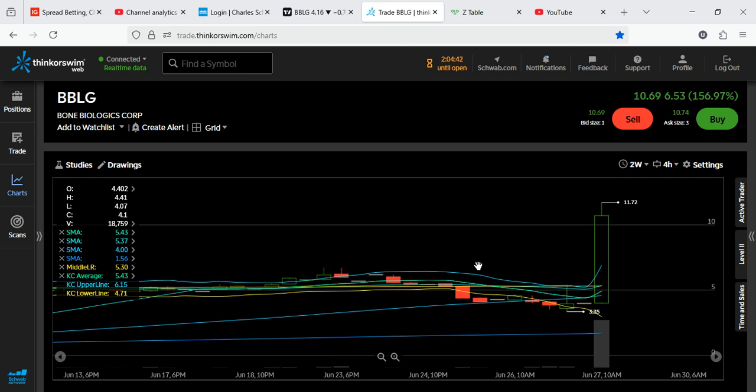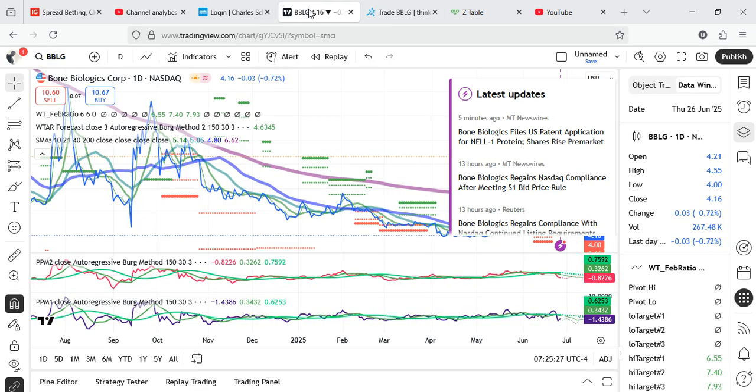BBLG is showing an immense amount of strength within a longer term bearish trend. Up as you can see, 154%. This is the pre-market session of Friday, the 27th of June. The news is that the company has filed a patent application for